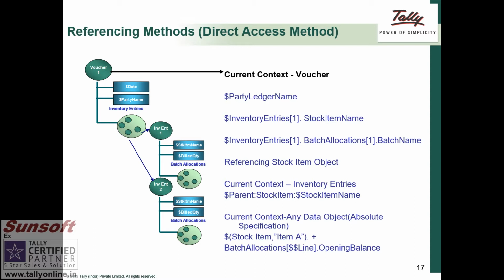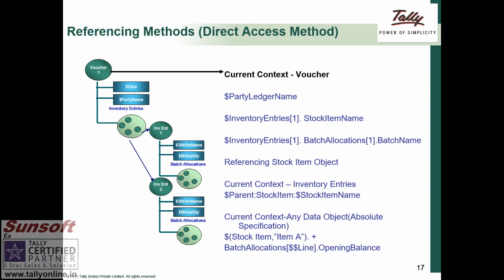Now, as all of you are aware, the voucher object is the only transaction object. Further to it, there are different voucher types, but on the transaction level there is only one collection, which is voucher. The voucher collection has some basic methods: date, voucher type name, party name, party ledger name, address, basic buyer address. These are some of the methods which are there, and there are further collections to it.